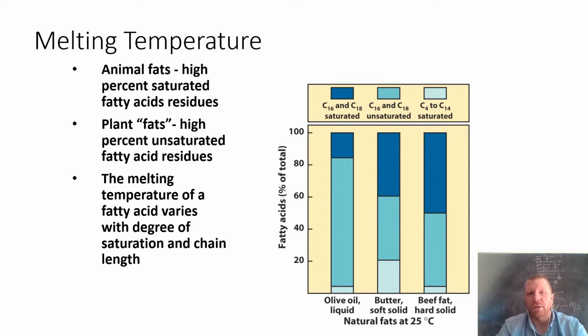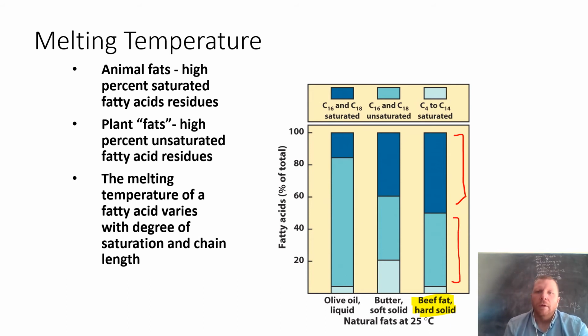have a high percentage of saturated fatty acids, in which case we look at beef fat over here. Beef fat at room temperature is generally going to be a solid. Keep in mind, those individual saturated fatty acids pack very well together. And the vast majority of them are going to be 16 to 18 carbon length saturated fatty acids. There are some unsaturated fatty acids, but again, animal fats are largely going to be 16 to